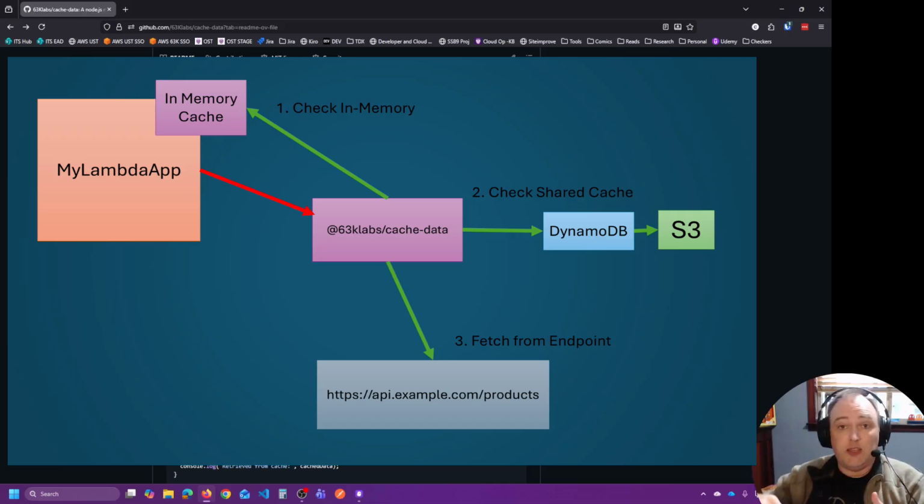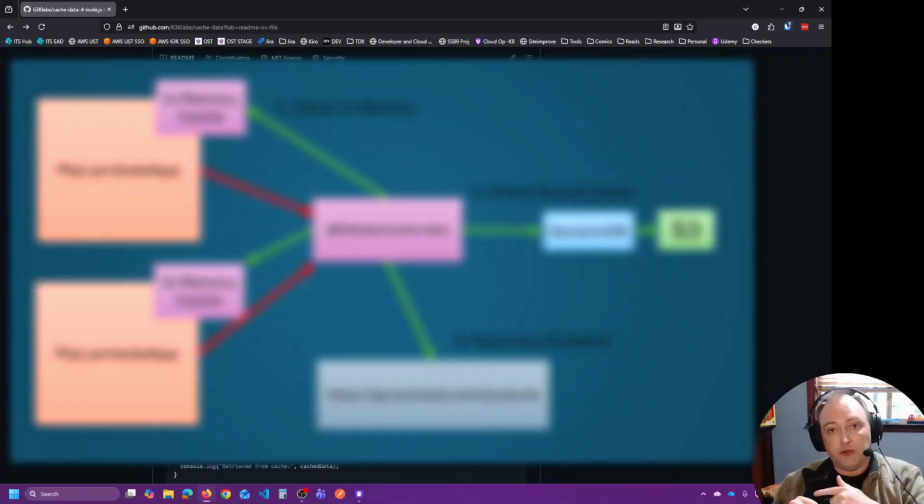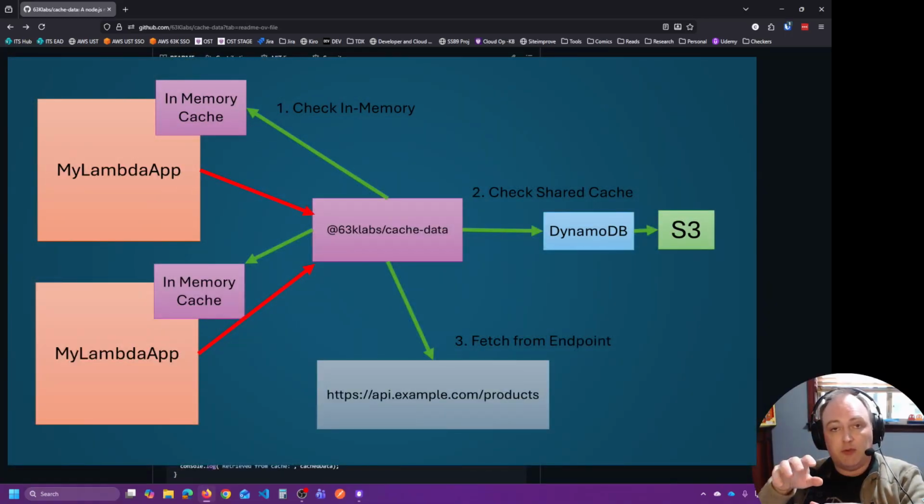And that DynamoDB, because you have multiple requests coming at once because you've got a busy application, your one Lambda function handles it and stores it in the cache. Your other Lambda function is spun up. It can access that same cache. It doesn't need to refresh its own cache. Now,